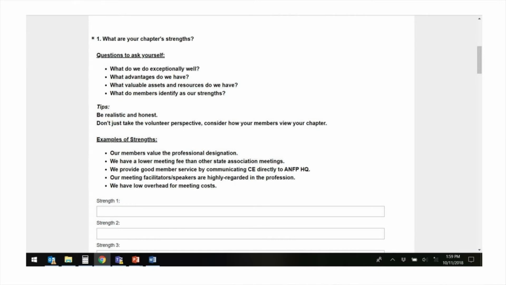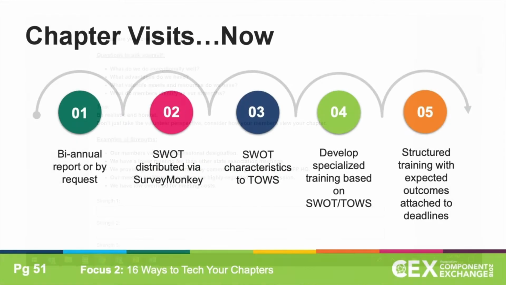We're giving them some tips because this is a self-guided process. And here we get all the results, as you all know, with SurveyMonkey to spit it out very easily to have that information. So now, as a result, we have a much more streamlined chapter visit from start to finish,